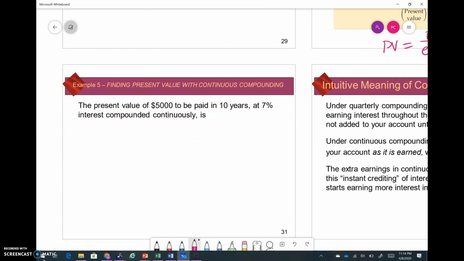So if we want to find the present value of $5,000 to be paid in 10 years at 7% interest compounded continuously, we know that we want to find that present value. So we have 5,000 divided by e to the 0.07 times 10. All right, so take a second and put that in your calculator. All right, you should get